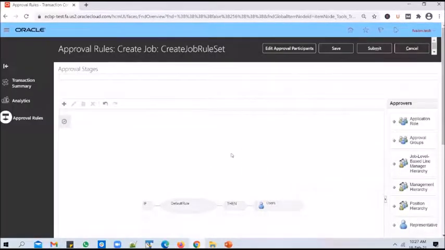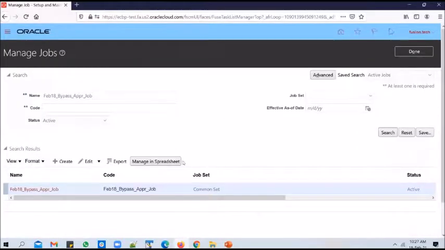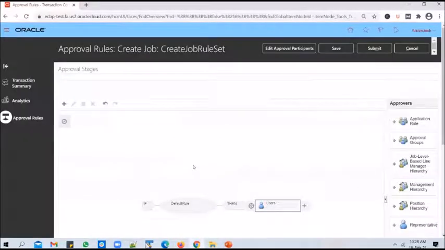If you go into the application and submit a request, you will notice that these changes will not take effect. Even if you go ahead and submit another job now, the job gets created without going through the approval process, even though we have rules configured here. That's because we have just saved the approval rules, but we did not commit them. So this is the first common mistake students make: you set up everything and save it, but you forgot to submit it.